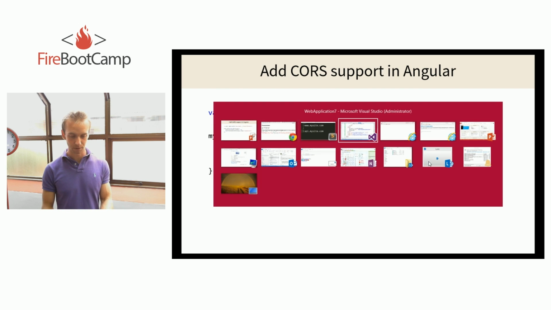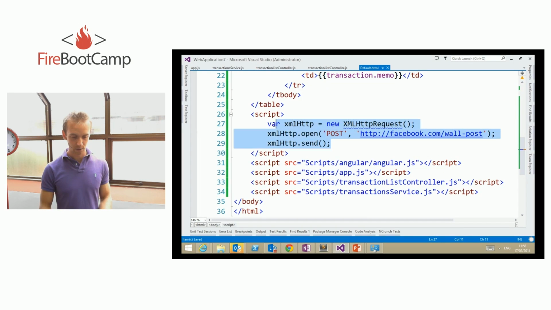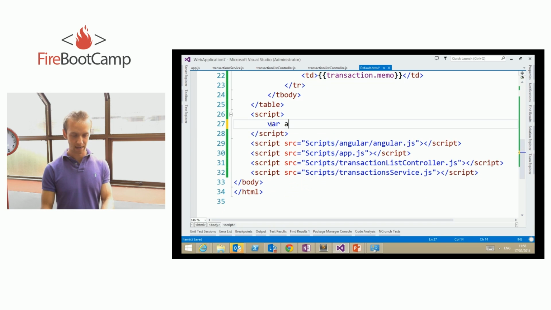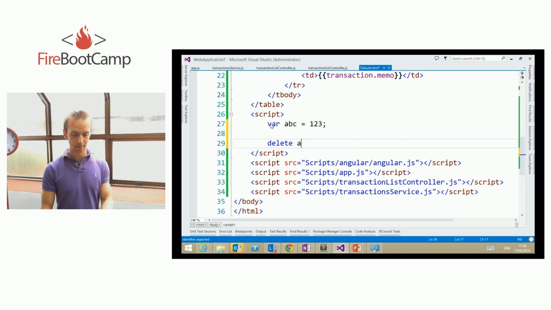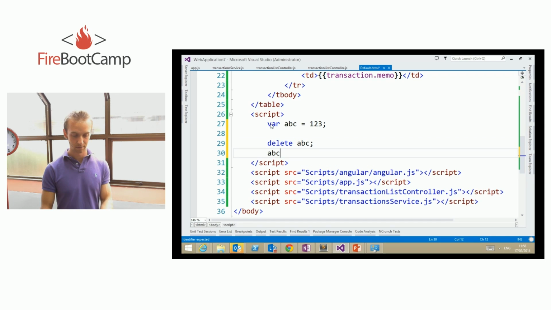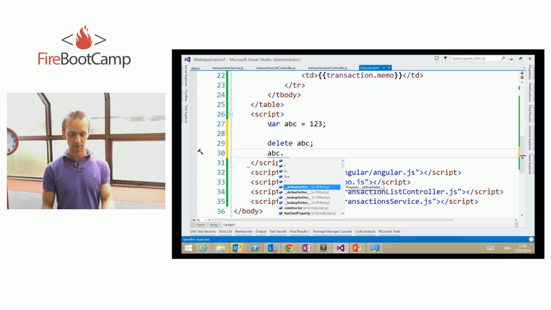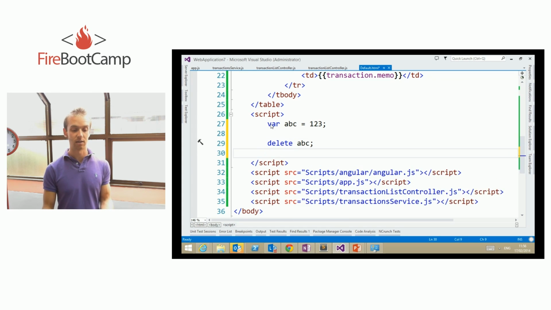There's actually a cool little bit of JavaScript there. If I go var abc equals 123, then abc dot, I've got properties and stuff showing up on that. I can actually say delete abc. abc doesn't exist anymore. IntelliSense is being dodgy. abc doesn't exist anymore in that context. You can actually delete variables in JavaScript,